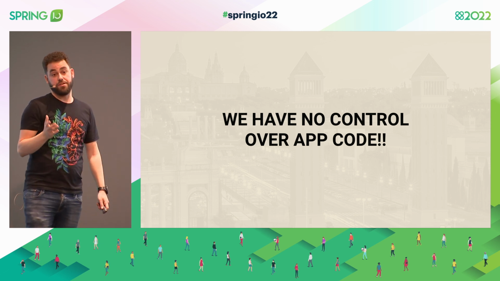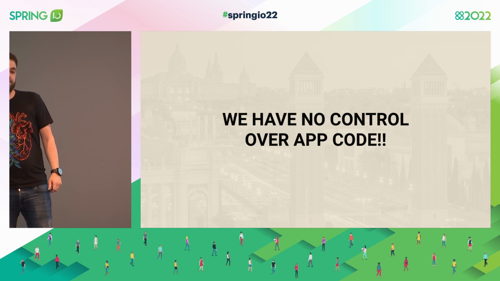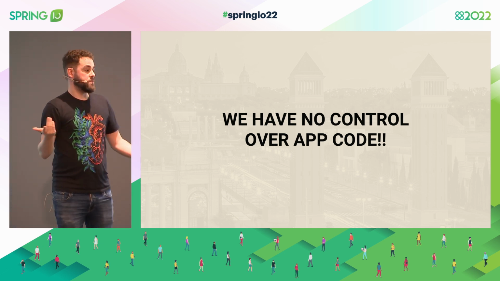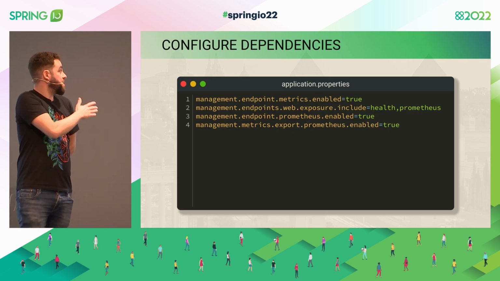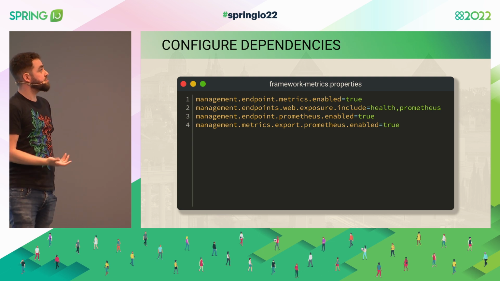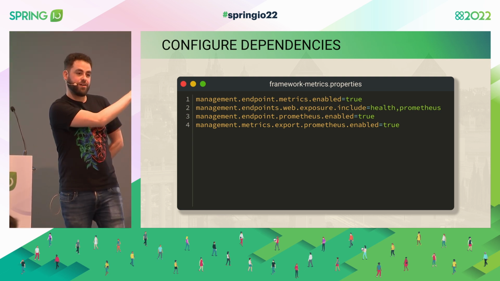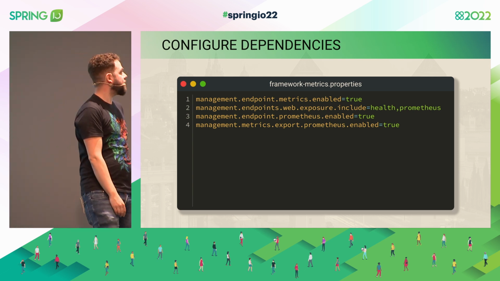But now we have our issue here. Application properties go in the application. We are not writing code in the application. We're writing a common library that has to provide this for us. Solution, super, super simple. Let's say application properties. OK, let's not call it application properties. Let's call it something else. Name doesn't matter. We're going to call it framework metrics properties, because we are mainly focusing on metrics here, right? Kind of. We still have the health and whatnot.